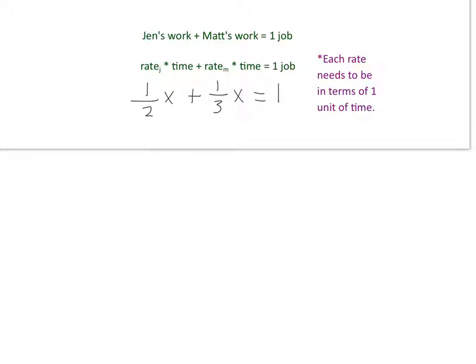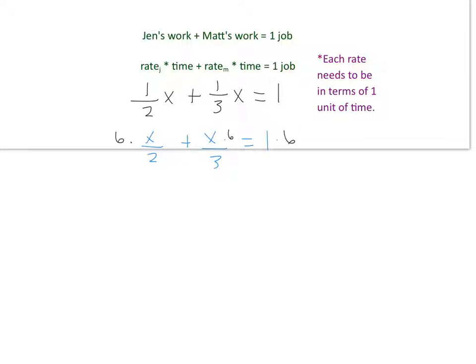Now, let's take a look at how we would solve this. This is not a proportion within a rational equation, so we need to actually look at getting a common denominator. And I'm actually going to write this a little easier to understand. So 1/2 x can be rewritten as x over 2, plus 1/3 x can be written as x over 3, to equal 1 job. Now I need to get a common denominator. So what's the common denominator of 2 and 3? Well, it's 6, so I'm going to multiply 6 by each of the